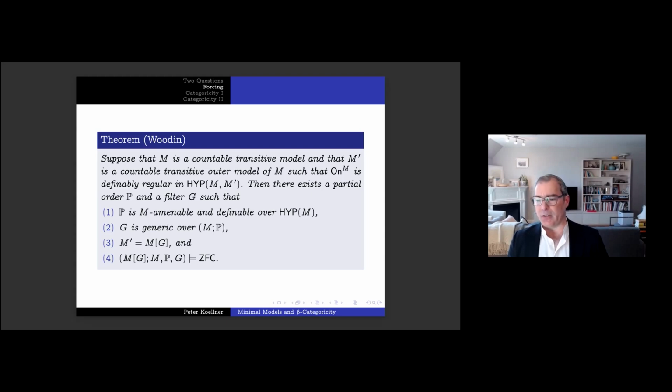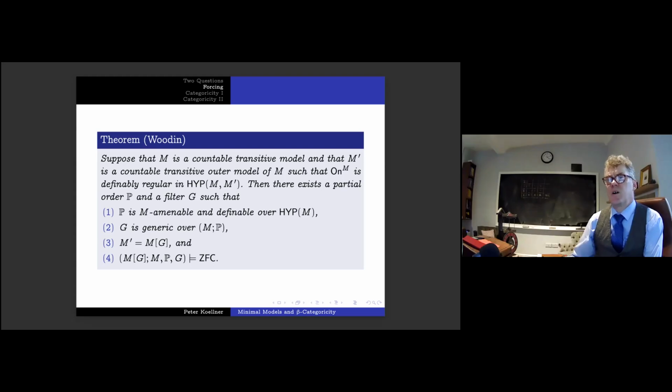So there's a kind of dichotomy between the behavior of forcing with regard to this question of whether it's a universal method for capturing outer models, that turns on whether the countable ordinal that you're taking to be the height of your model is minimal or very bleak in this sense, definably regular in height. So that's a kind of phenomenon that